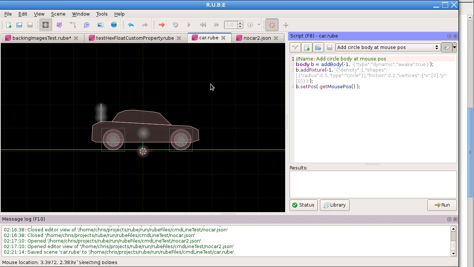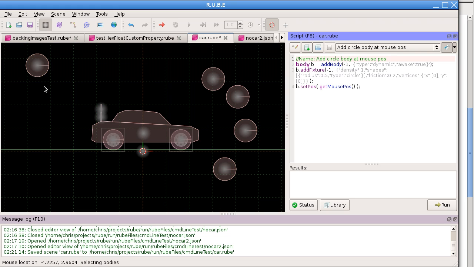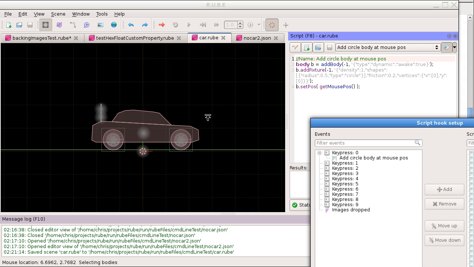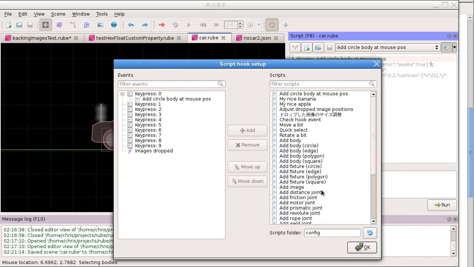So that means that as I move the mouse around in the scene, and I push the 0 key, I can add circles to the scene wherever I have the mouse at that time. Neat, huh? What else have we got? Well, that's the basic idea,